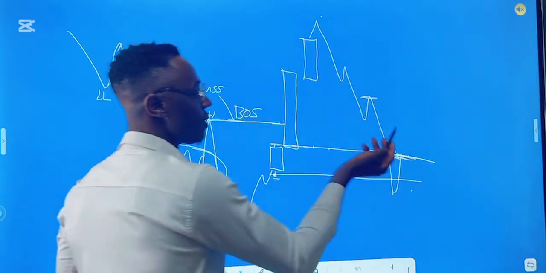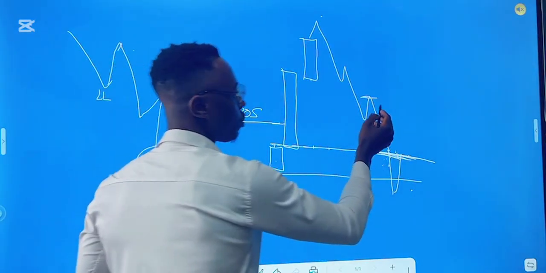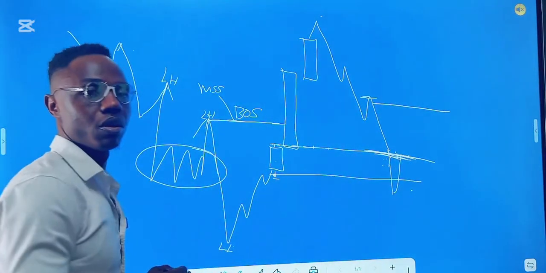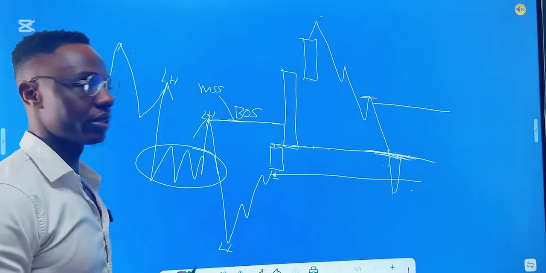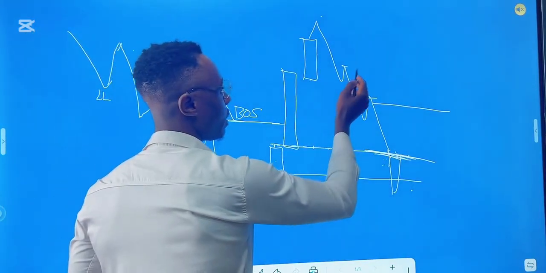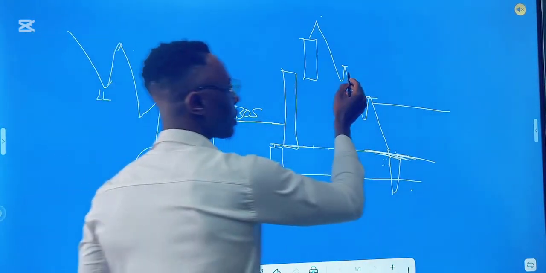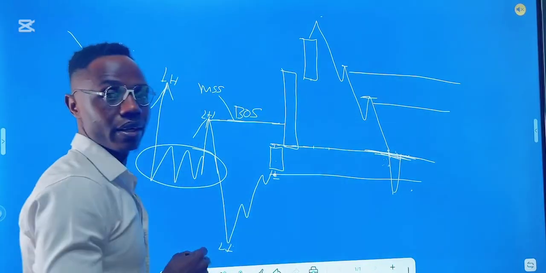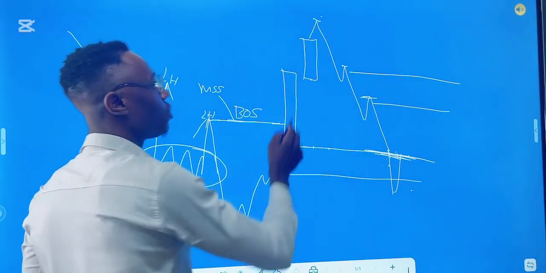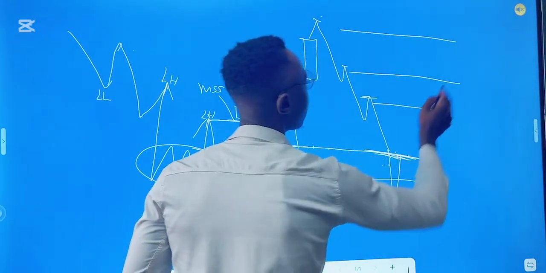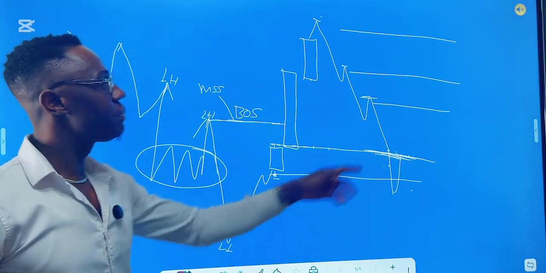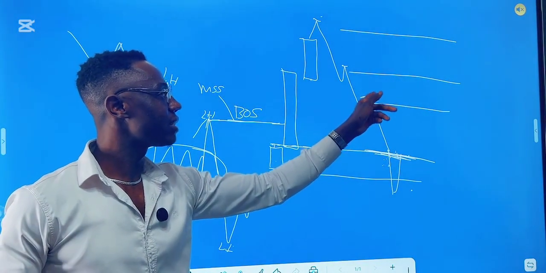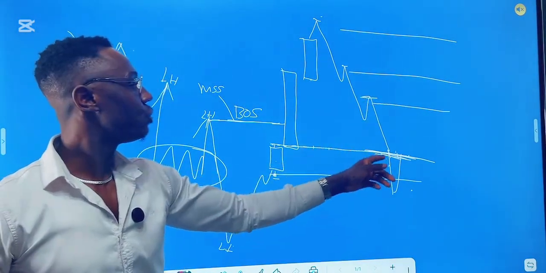So where do I put my first TP? TP should be here, below it. The next resistance is here, so TP should be what? Below it. The reason why TP should be below it is because the rejection here, it is possible to